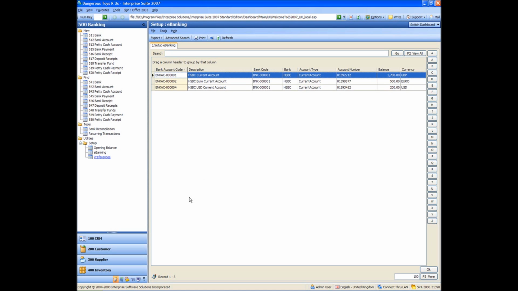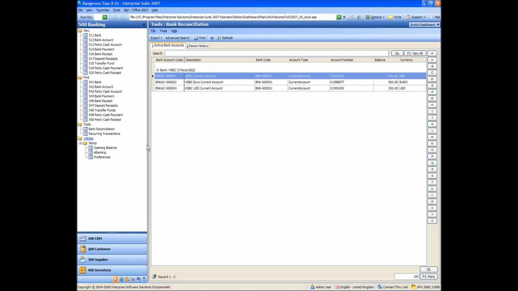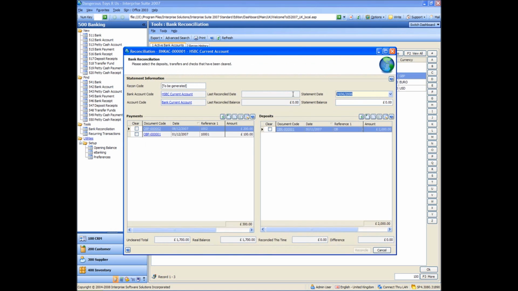Okay, the last thing we're going to do in the banking setup is run a bank reconciliation. So under Tools, we've got Bank Reconciliation. Okay, now again it says bank reconciliation up there, and it's asking me to choose which bank account I want to run the reconciliation for. So I'm going to run the reconciliation for bank account 1. Okay, now I need to set my date on here. I'm going to do this rec as of 31st of the 12th 07,